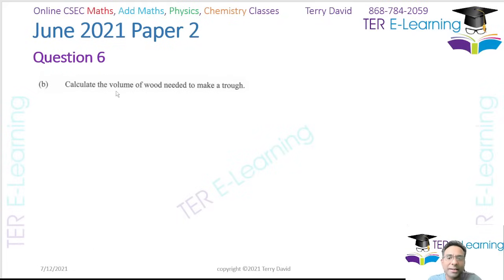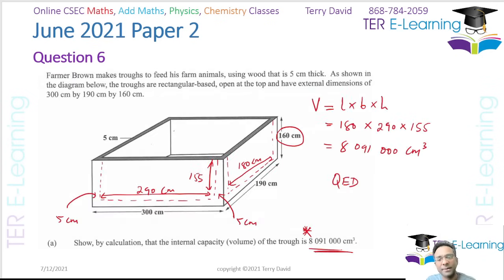They said calculate the volume of the wood needed to make the trough. So here's what's going on here. You know what the internal volume is, the capacity of this box. You just work that out. So if you want to get the volume of the wood, all we need to do is to use the external dimensions to find the total volume of this cuboid, using the 300, the 190, and the 160. Use that to find the total volume occupied by this box, and then we're going to subtract the internal part in order to figure out how much wood you need,